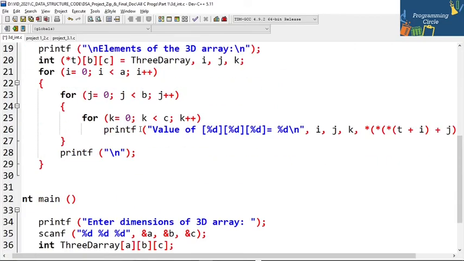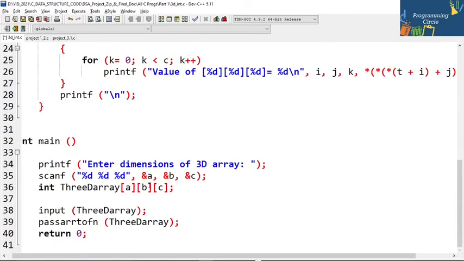Here you can see in the main function I have scanned the ABC values of the 3D array, table, row, column, you can think of it, and then I have passed that to input, and also I have passed it to pass array to function.